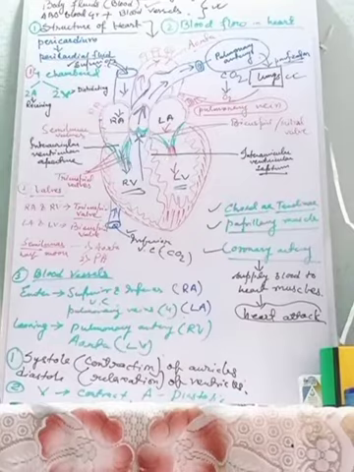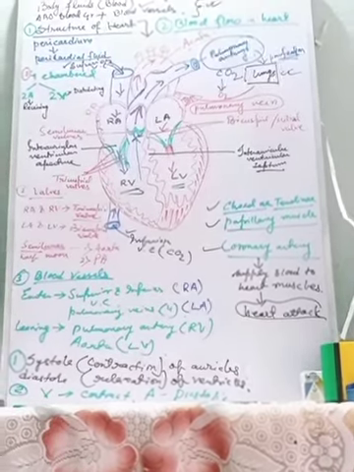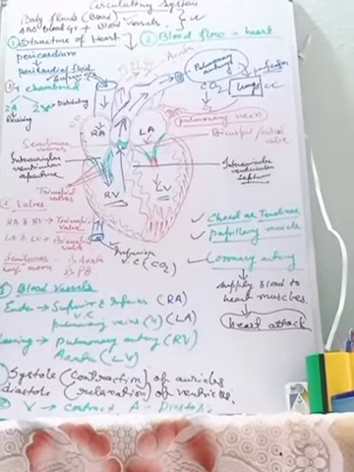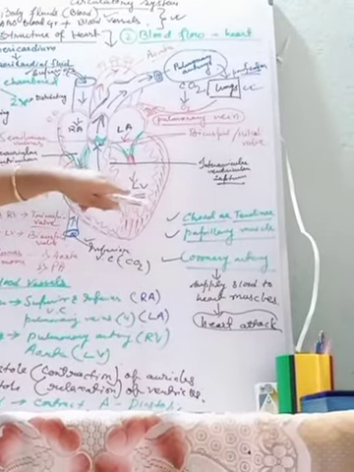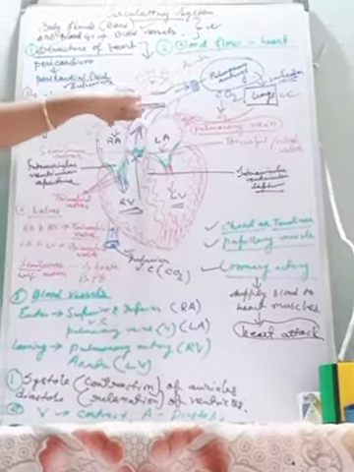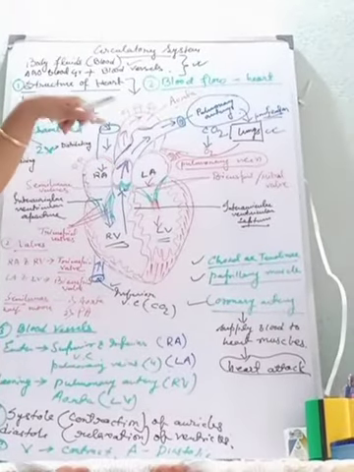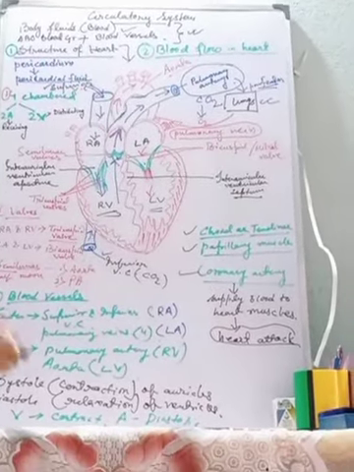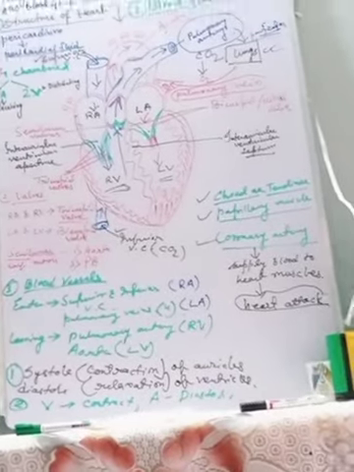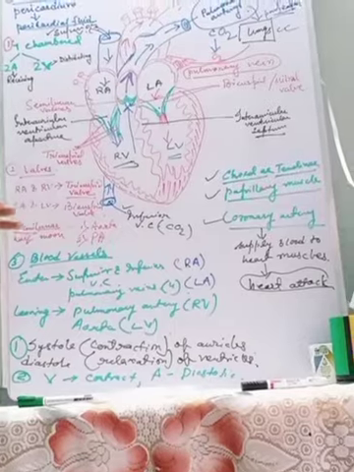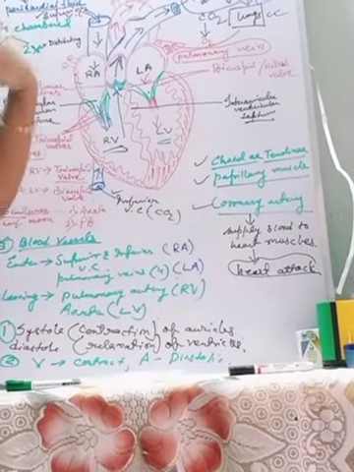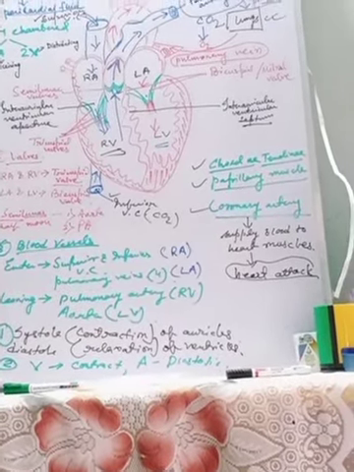The bicuspid valve. So what are the valves mainly doing? They are preventing the backflow of the blood to the auricles. Clear? Again what will happen? From the left ventricle, the oxygenated blood will go to the aorta, isn't it? They will push it to the aorta. So the ventricles have to be in the contraction phase for pushing it to the aorta. So it will go to the aorta, and from the aorta it will be distributed to the other parts of the body. Clear? At the base of the aorta there is also a semilunar aortic valve, that will open and let the blood flow, and then after going they will close again.